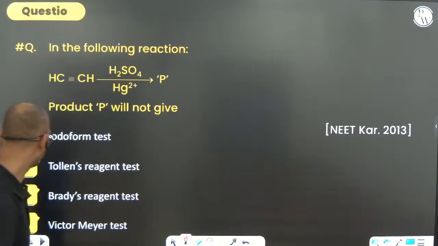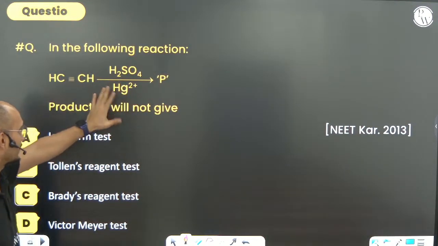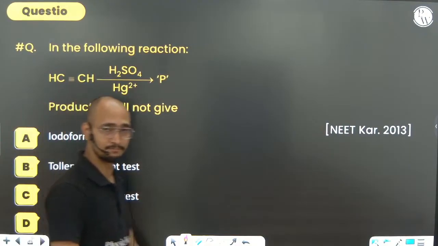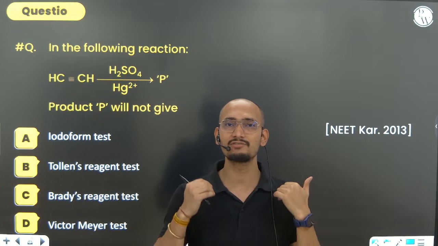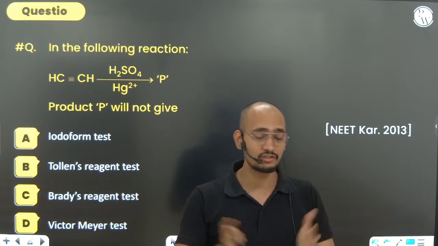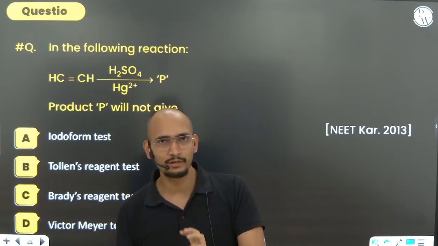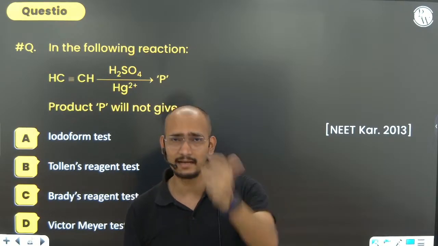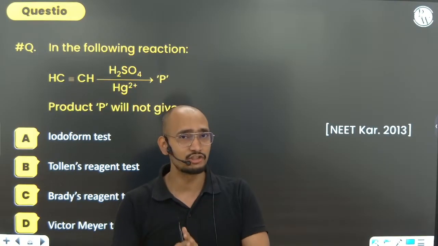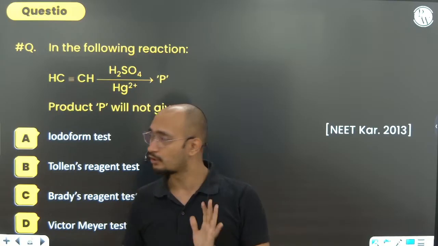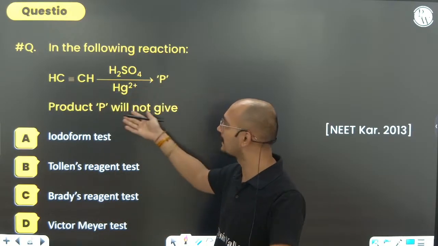Okay, any doubt? Let's move ahead. In the following reaction, CH triple bond CH with H2O, H2SO4 plus Hg2+. Please remember, in the presence of H+, alkenes do the electrophilic addition reaction faster, but in case of alkyne they do it slower, and because they are slow reactions, to catalyze them a little we have to put Hg2+ or HgSO4. So basically HgSO4 is used here as the catalyst for the reaction. So Hg2+ we have to use. How the whole reaction goes, I will not go into the mechanism, I will directly tell you.